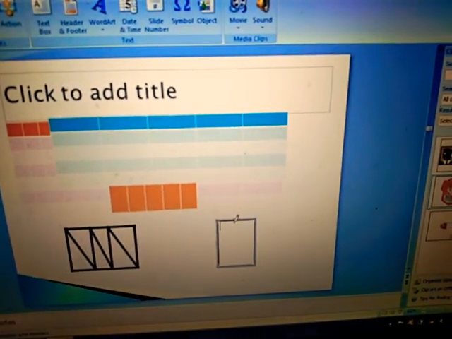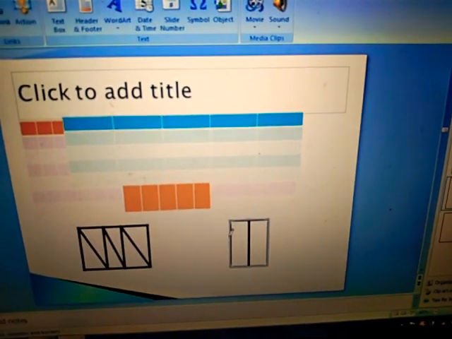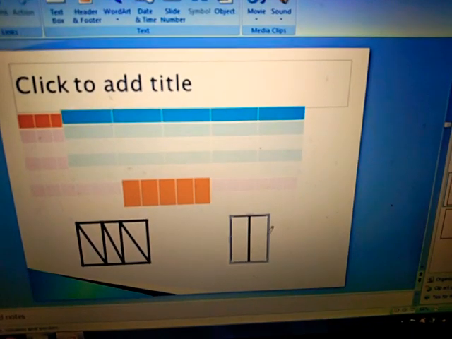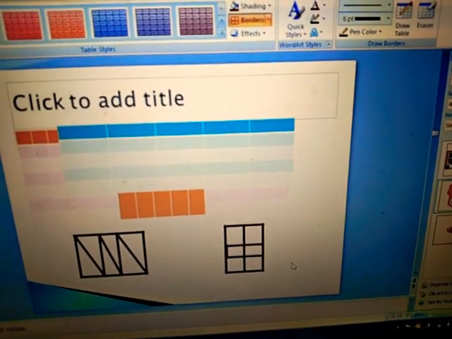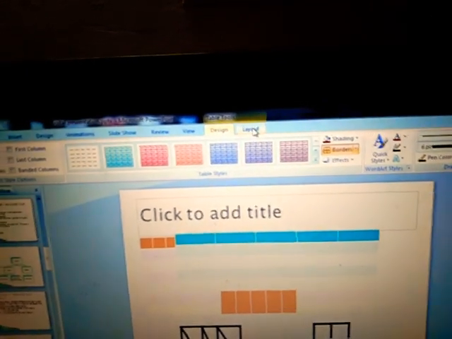With your mouse, left click and drag it. It means in this manner we are drawing the table. Now, when we are inserting a table, these two new tabs will appear: Design and Layout.